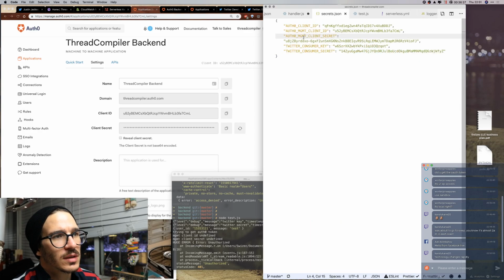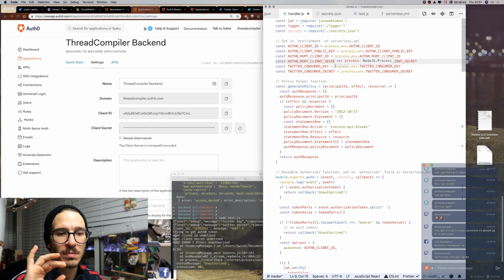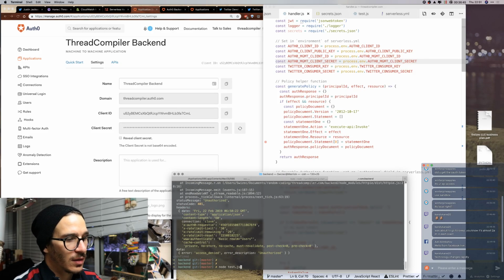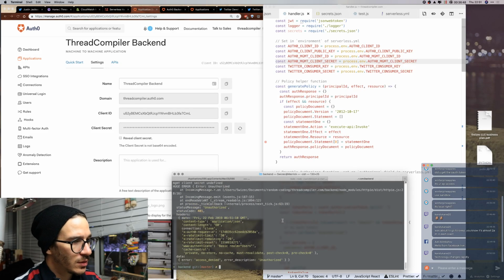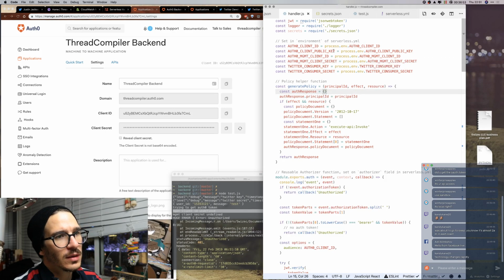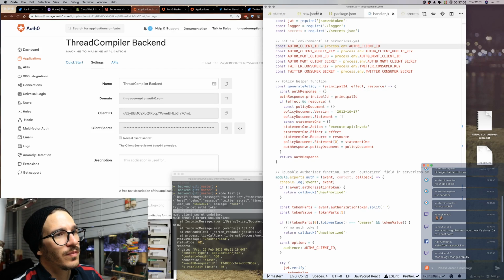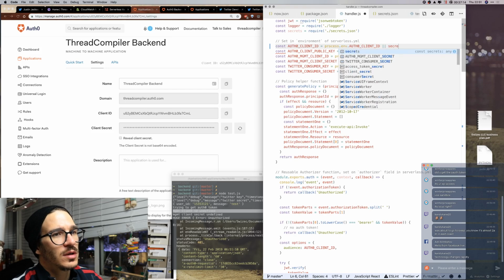So basically what I'm doing is I'm going over everything and making sure that I'm pasting over things and having it match. So this is definitely a problem. Why? Oh, because now it's getting it from process env, not from secrets. Oh, because I am in serverless, I'm defining this differently. Okay. So what if we say or secrets dot